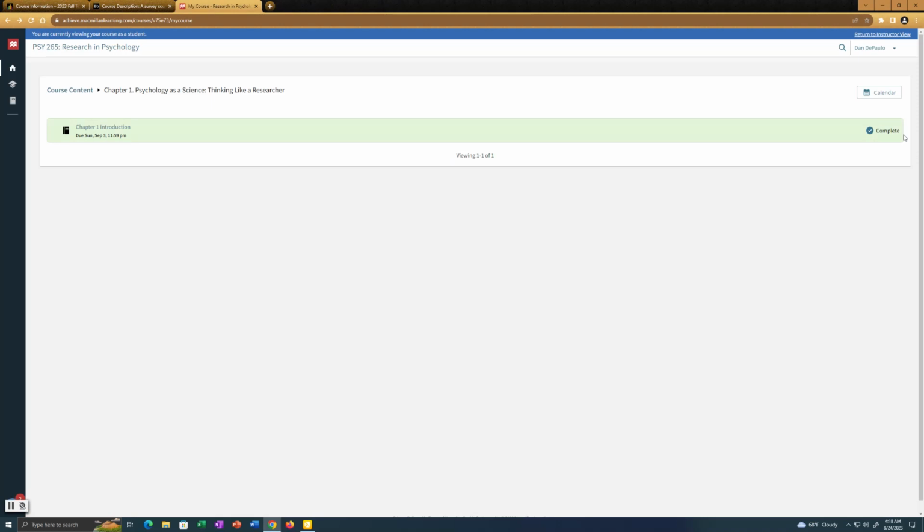So you'll see a check mark where it says complete. Every time you do an assignment, it'll say complete here on your screen. My screen's a little bit different than your screen, but I'm trying to show you that you'll have a little check mark here when you finish the assignment. You want to make sure you have all the check marks for the week, for that chapter. And every week you'll have a different chapter, and you'll have a different series of homework assignments, and hopefully that will help you process the information and be successful in the course.